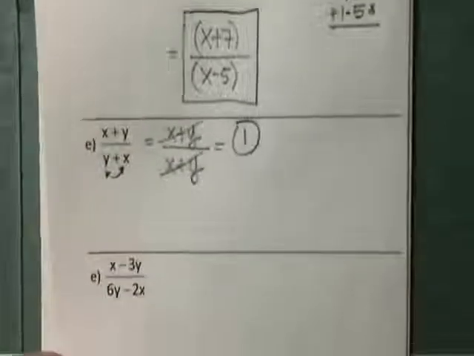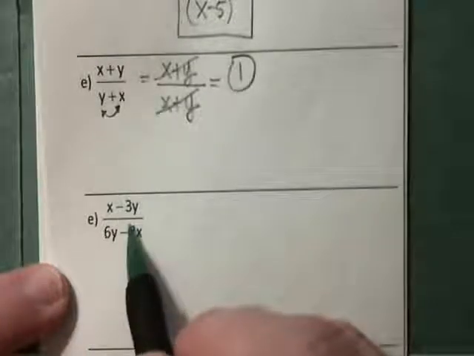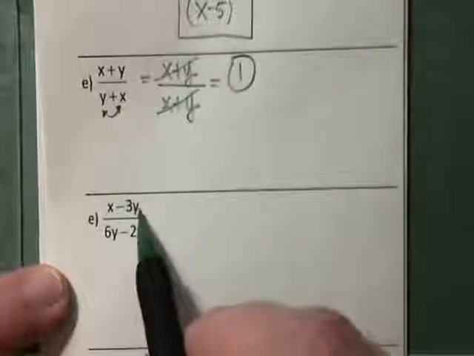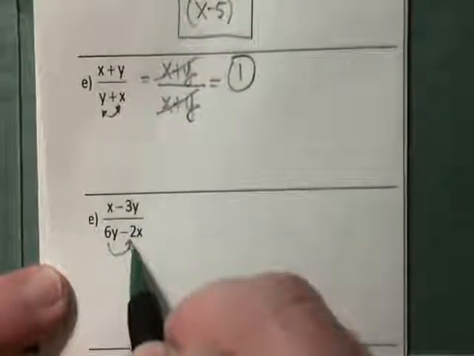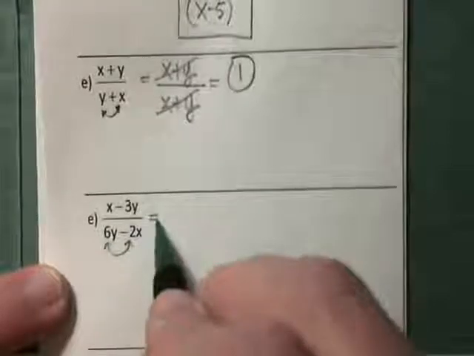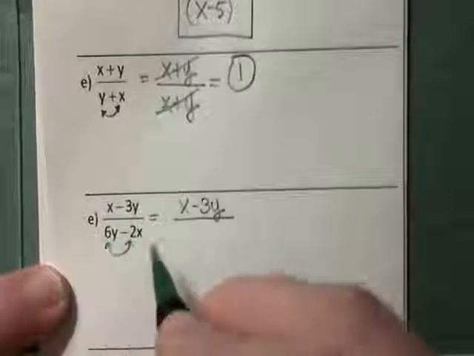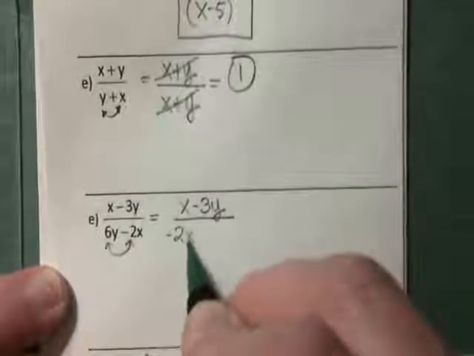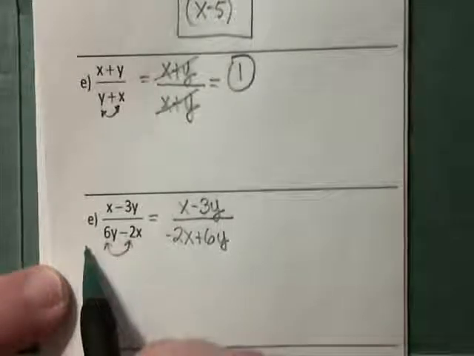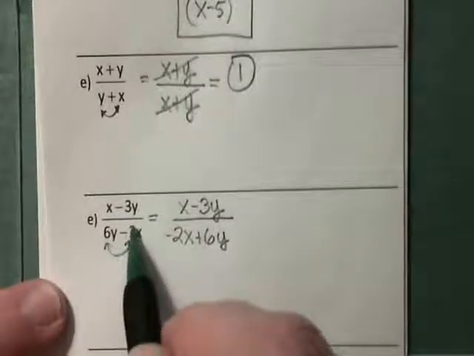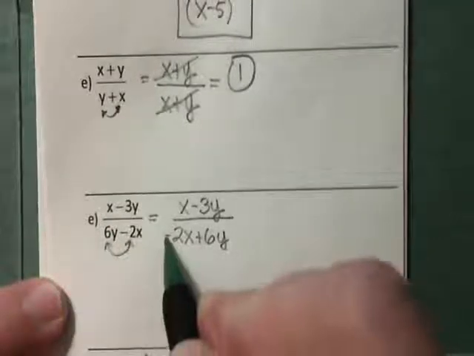Okay? Alright, let's do the next one. Similar thing is happening here. This is x minus 3y, and this one is y minus 2x. So what I'm going to do is I'm going to switch these guys around. So that means the x in the front. Okay, so this would be x minus 3y, and then I would have negative 2x plus 6y. Please notice that the negative went with the 2x. Okay, all I'm doing is moving this negative 2x in front of this positive 6y. Okay, now that I have done that,